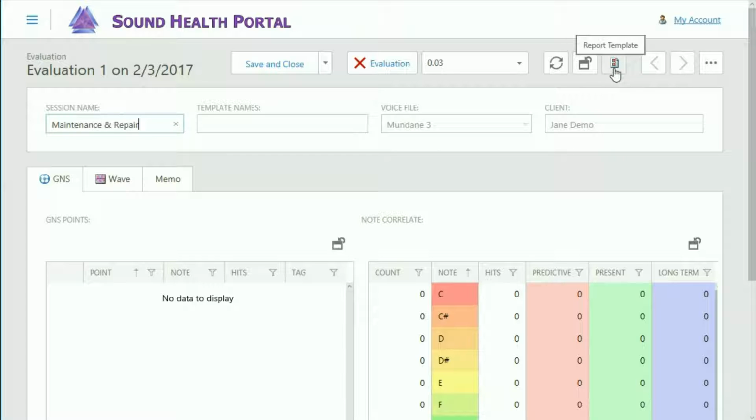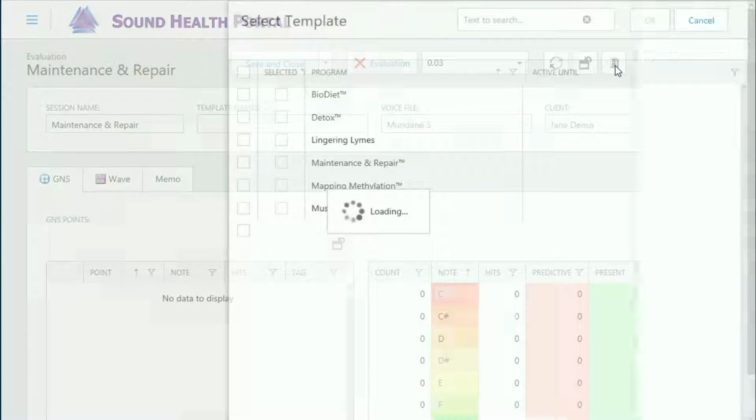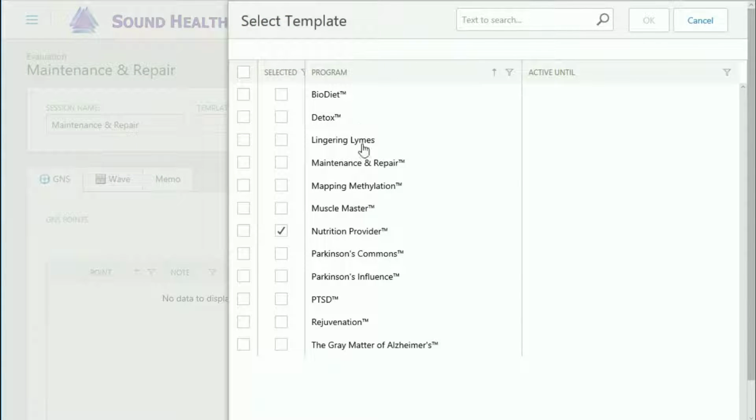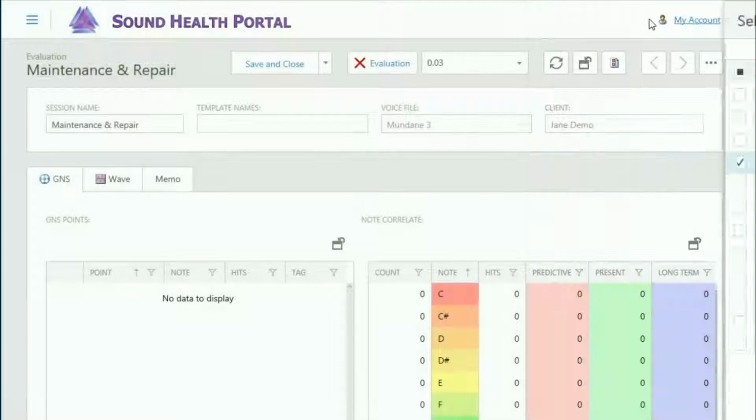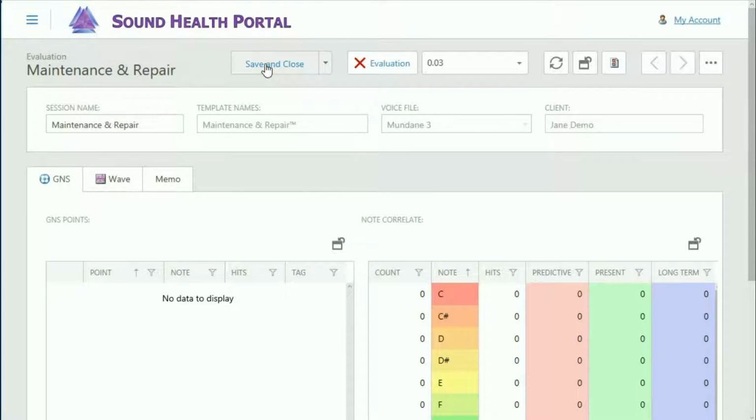To do that, go to this little icon, click on Report Template. Now, these are the programs that I'm subscribing to. This is the one that I used last. The one I want to use is Maintenance and Repair, so we'll select it in this column, then click OK. We'll click Save and Close. There's 2 options, Save and Save and Close. We'll select Save and Close